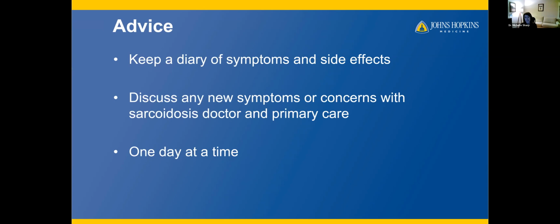But at the same time, you're entitled to what I call normal people disease. So you're entitled to have osteoarthritis of your knee. And we always watch for other things, like chest pain doesn't necessarily mean you have sarcoidosis. It could mean that you have coronary artery disease. And so we don't want to miss those things by attributing them to sarcoidosis.